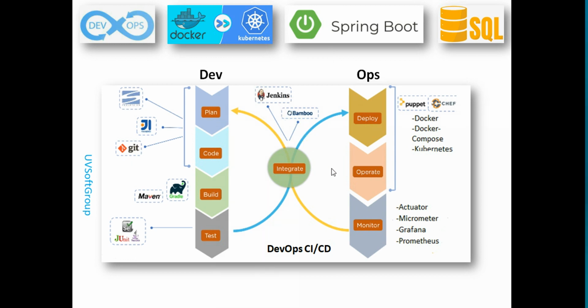After that, when you have done the test and release, if you are using an enterprise-level application, we don't need to build everything manually; it is done automatically by continuous integration tools like Jenkins and Bamboo. That means you configure your source code and your build tools, and Bamboo automatically takes your source code from your version control system and then deploys the application with the help of Docker, Docker Compose and Kubernetes.